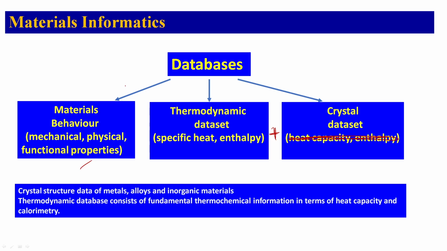We have been talking about different kinds of databases, and I told you in materials science there are 3 types of databases available traditionally: material behavior, which gives you mechanical, physical, and functional properties, and then databases from thermochemistry or thermodynamic data sets, which can give you specific heat information and enthalpy or calorimetric information. And then you have a crystallographic data set which can provide you crystal structure,